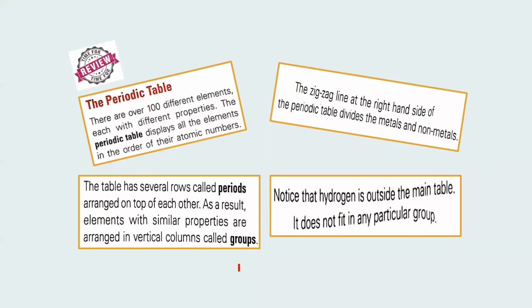The first thing is the periodic table. There are over 100 different elements, each with different properties. We all know that different elements have different properties. So you have to put them in a specific table, and that is what's called the periodic table. So the periodic table displays all the elements in the order of their atomic number. Or in other words, we can say that periodic table is